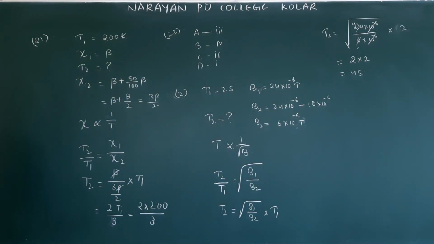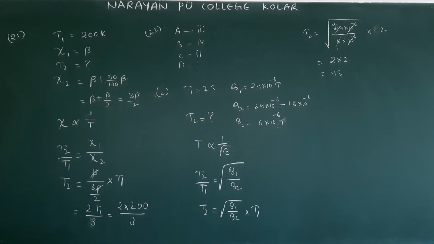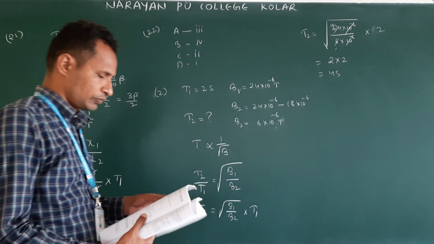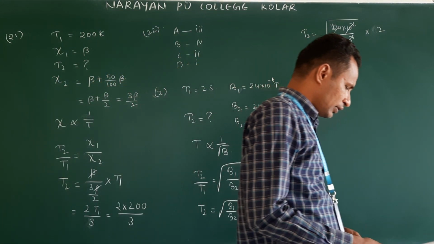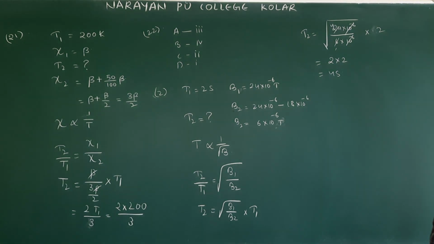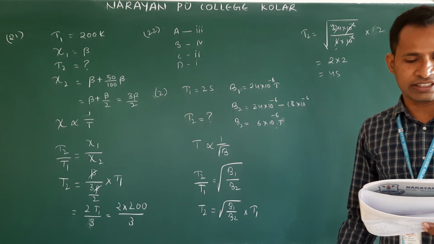Next, the third question is related to electromagnetic induction, and the fourth also is related to electromagnetic induction. Come to the fifth one. There are 4 lightweight rod samples A, B, C, D separately suspended by threads. How many rods are there? 4 rods named A, B, C, D.